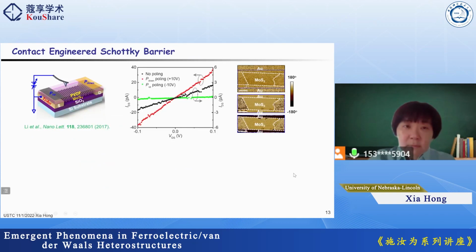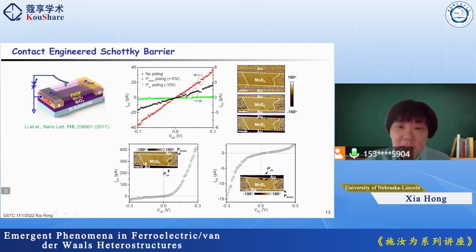What I just discussed is the creation of a homojunction. We can also create a heterojunction if we just write domains on the contact area to change the contact potential. So here we have a monolayer molybdenum disulfide sample, and keeping the contact polarization state the same, but only tuning the electrode area domain structure, you can see that we have observed the linear I-V, but having the channel conduction changed by a factor